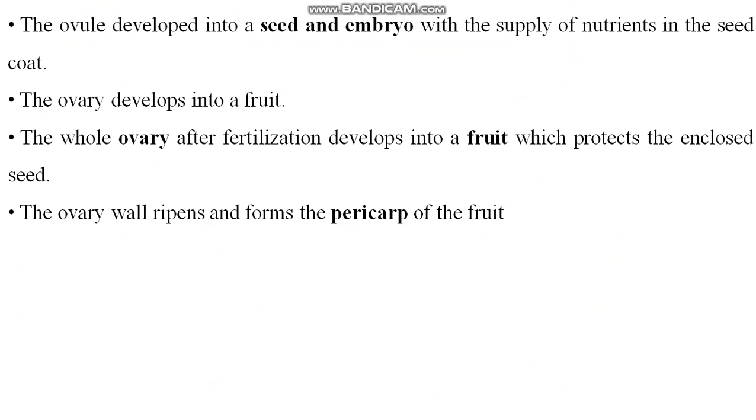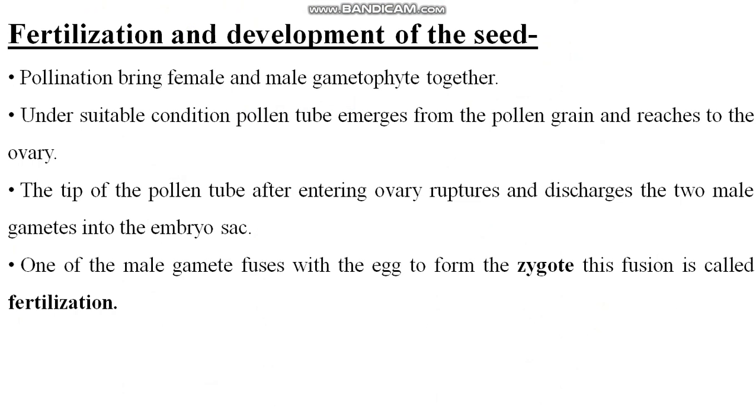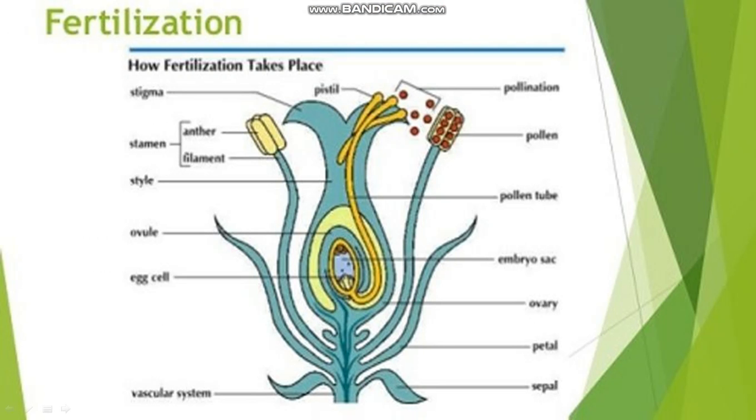See, this is about the fertilization. This is a structure of fertilization. You can see this is a structure of a typical ovule. Clear? This is a pistil, or you can say gynoecium part, right. Pollination takes place here. These are pollen grains, anther and filaments. This is the androecium part, so the male part. Pollens are shed on the stigma here.